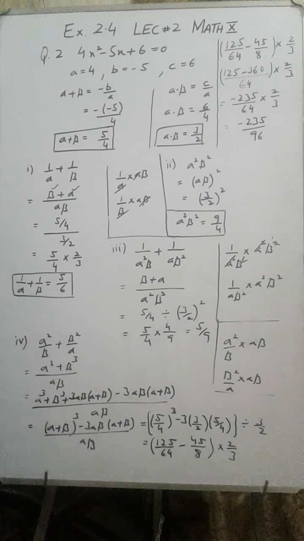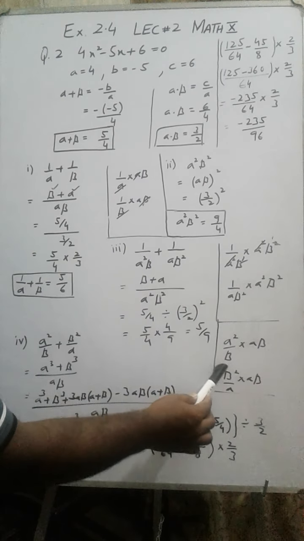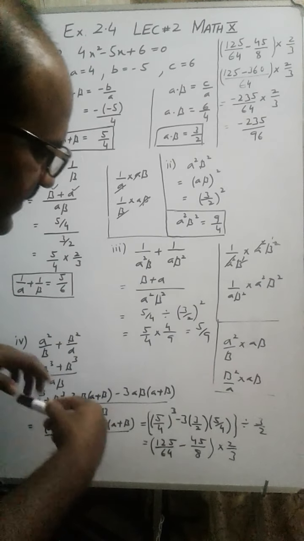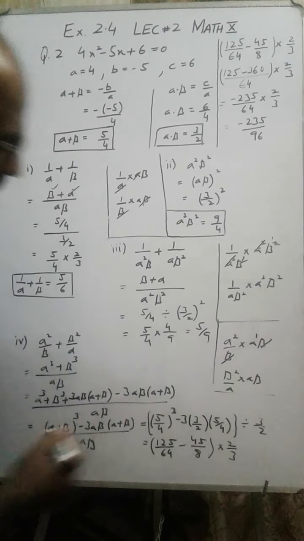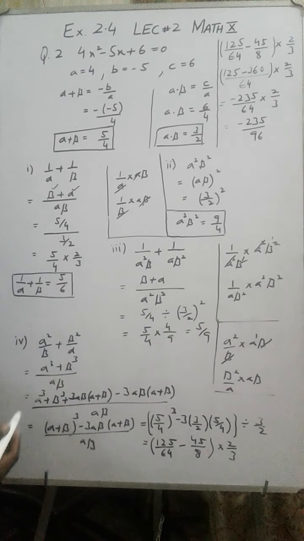Last step is very important one, fourth part. This is alpha square over beta plus beta square over alpha. This is the fourth part, and by using these values you have to find the value of this one. So first of all what you will do, you will take LCM of denominator. So LCM of denominator will be alpha into beta or beta into alpha. Anyway, now it is important what it will come over here. Alpha square over beta, first fraction multiplied by the LCM. So look at here, beta and beta are cancelled. So alpha square multiplied by alpha mean alpha power 1. So alpha square into alpha power 1 will become alpha cube. Similarly here it will become beta cube.